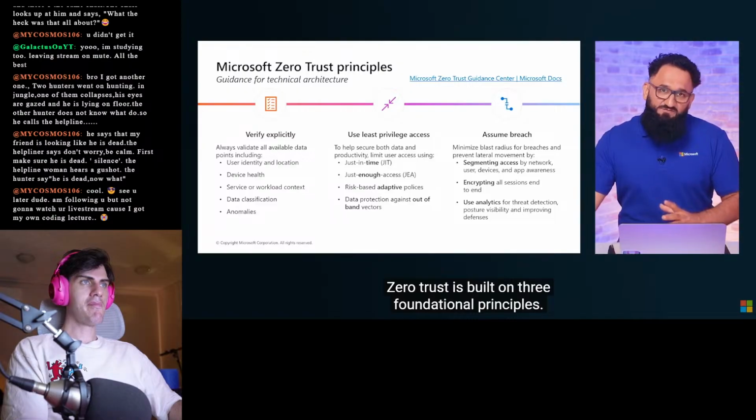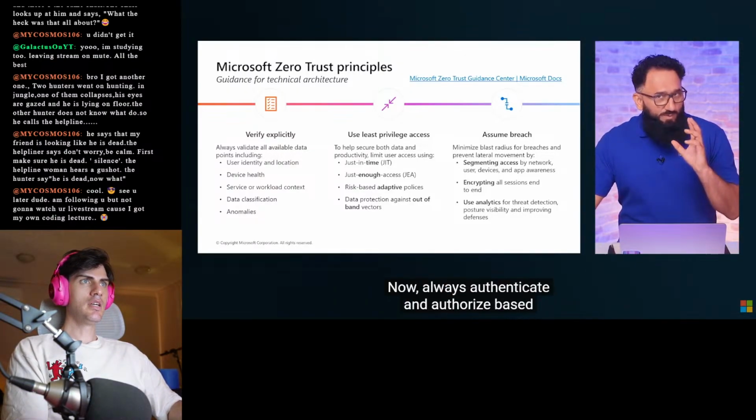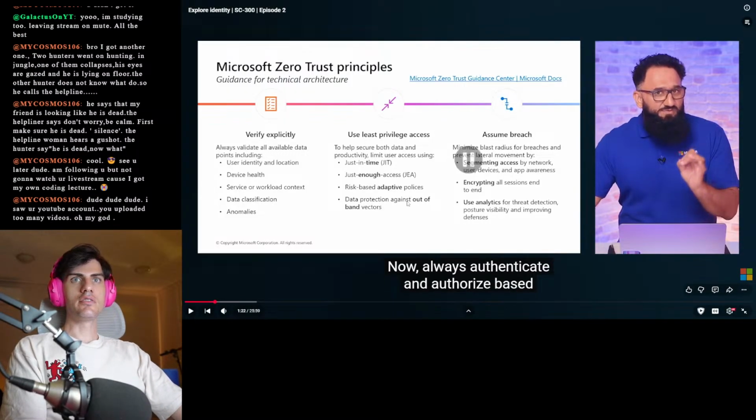Zero Trust is built on three foundational principles. Verify explicitly. Now, always authenticate and